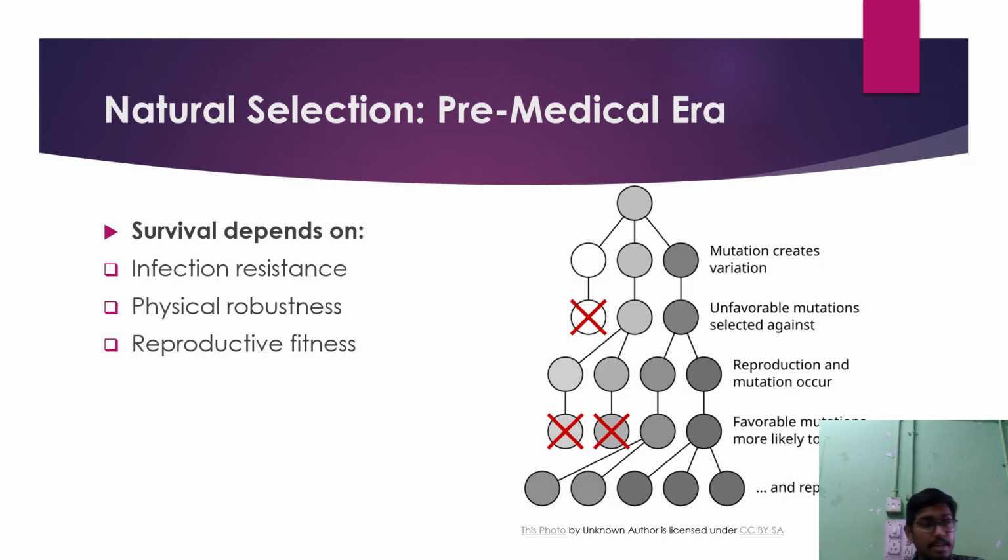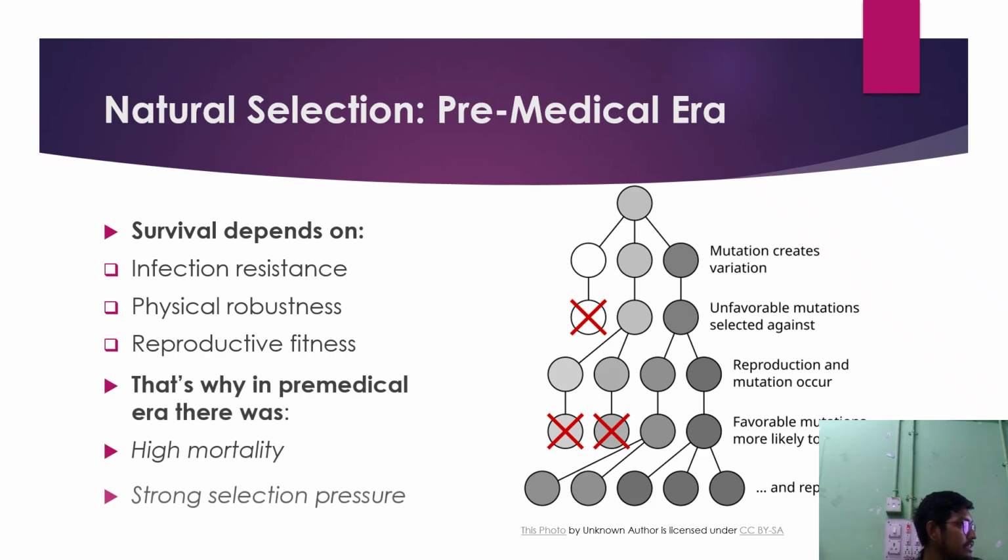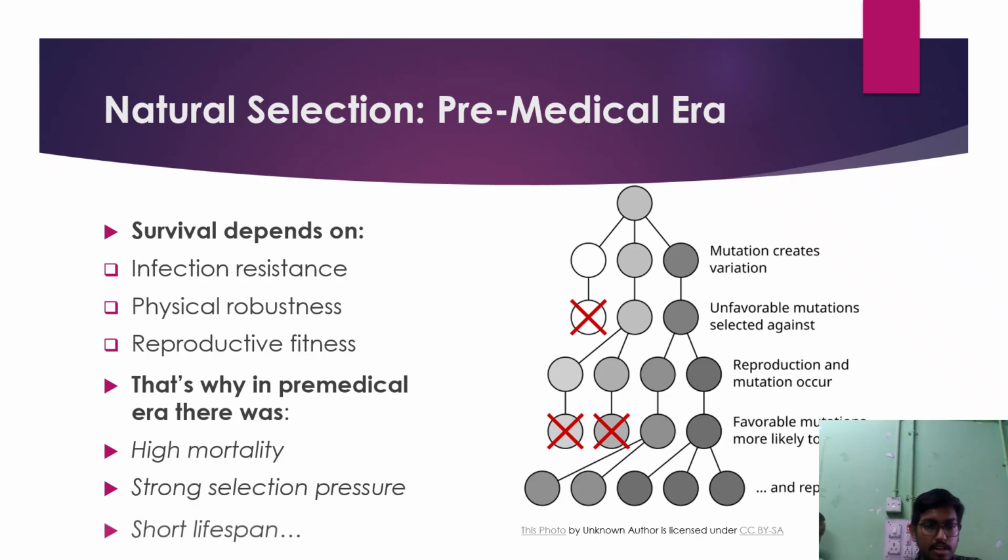So survival depends on infection resistance, physical robustness, and reproductive fitness. Whenever there is high infection resistance, high physical robustness or reproductive fitness, they will survive. That's why in the pre-medical era there was high mortality, strong selection pressure, and short lifespan. But